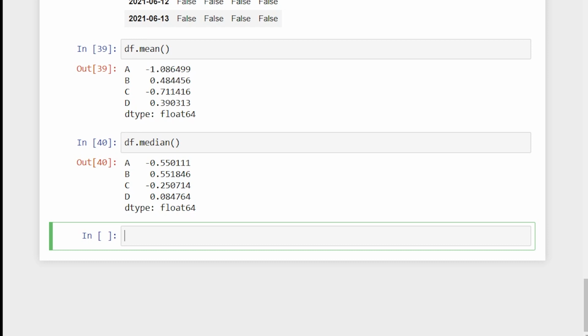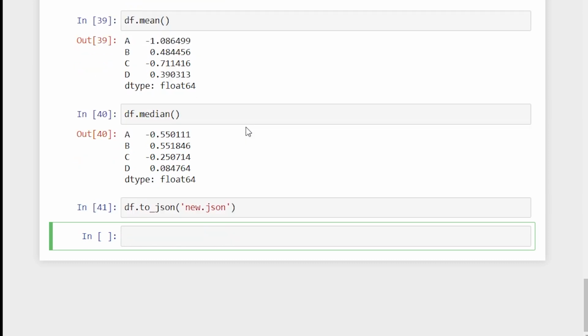And the last one I want to tell you is you can convert it. So df dot, let's say, or I think it is pd dot to JSON, I think that is the method, and here I can say df. Okay, so I'm passing it df actually, or I think I keep forgetting the syntax. So that is the reason I told you can Google it, because it is very hard to remember. Okay, so I think it is to JSON, and let's say new dot JSON, and it worked.